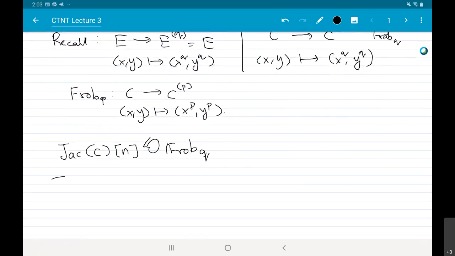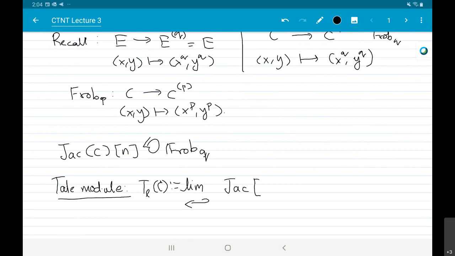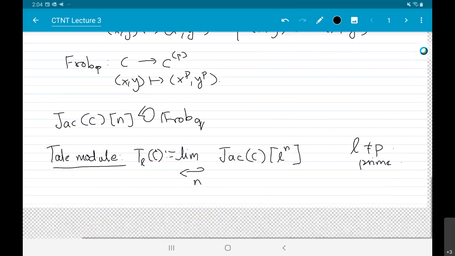And how do we define the Tate module? Well, we do the same thing that we did before. Now I'm going to call it TL of C. I'm going to take the inverse limit of the Z mod L to the n to the 2g's. So of the Jacobian, where L is a prime that's not equal to P. I'm going to take the L to the n torsion of the Jacobian, and then take the inverse limit over n. And so similar to the elliptic curve situation,